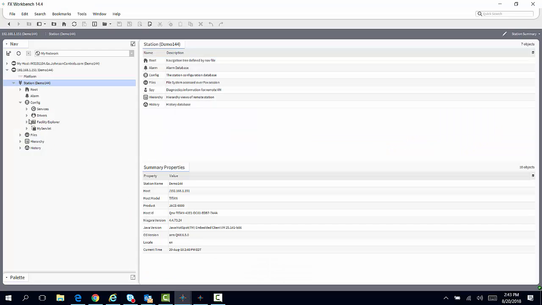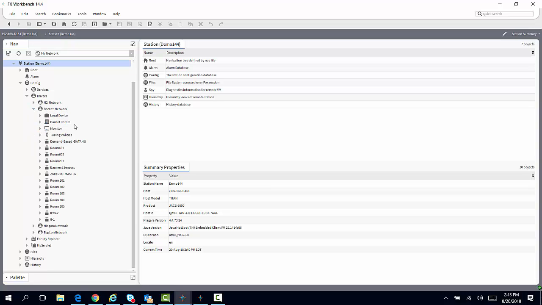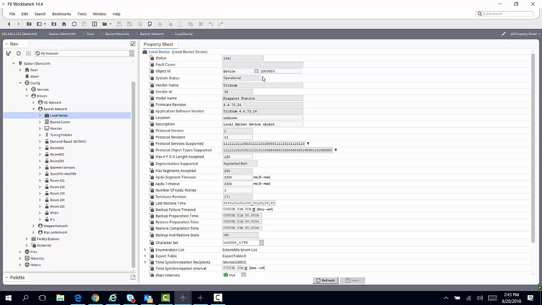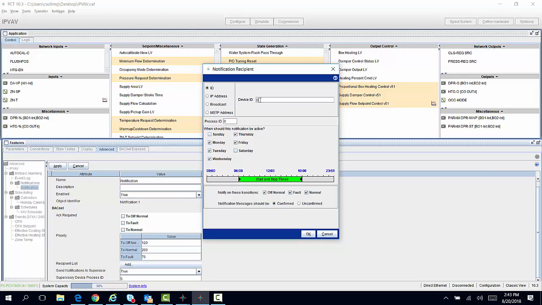which is listed under the BACnet network under the local device, and my FX80 has 1 million, so I have to put 1 million in my device ID. I'll also put that 5 process ID in the process ID slot